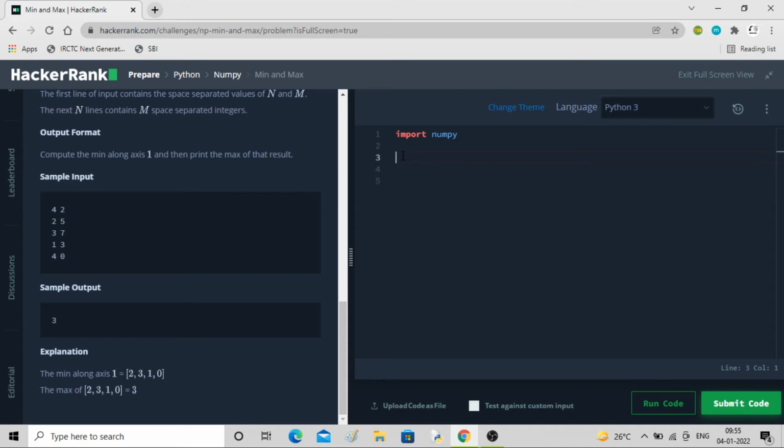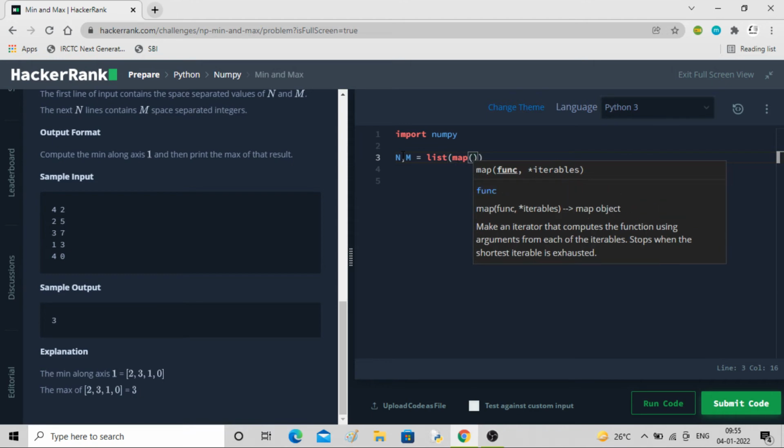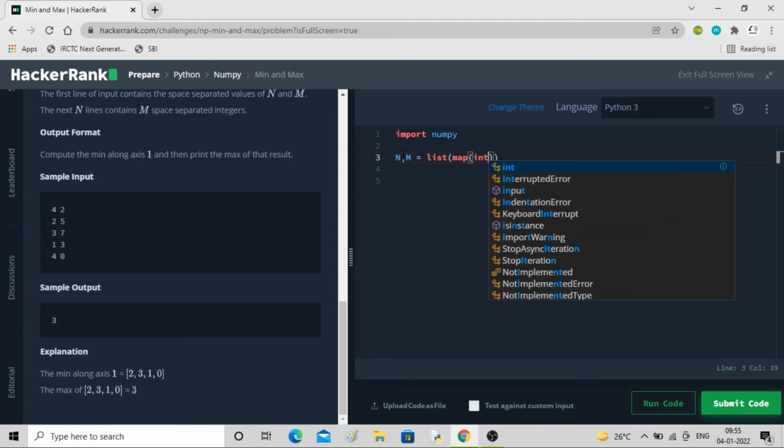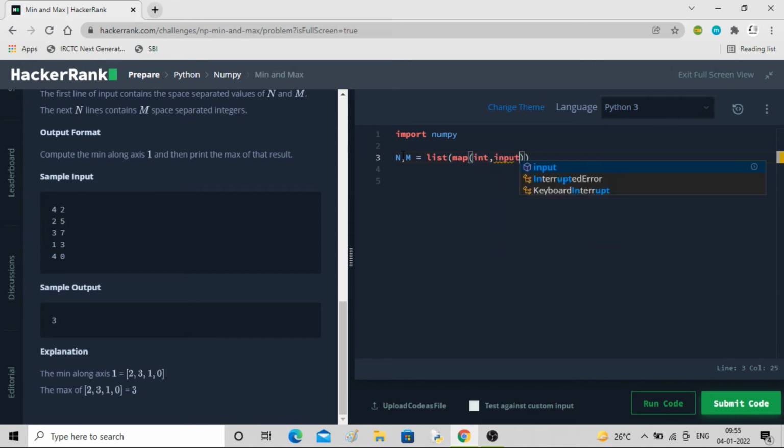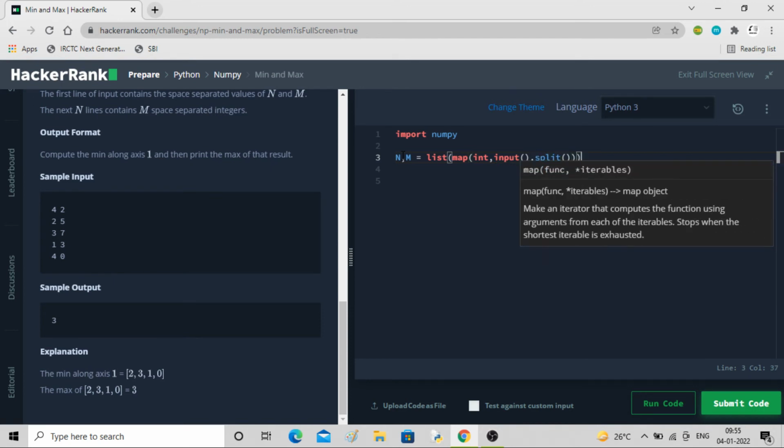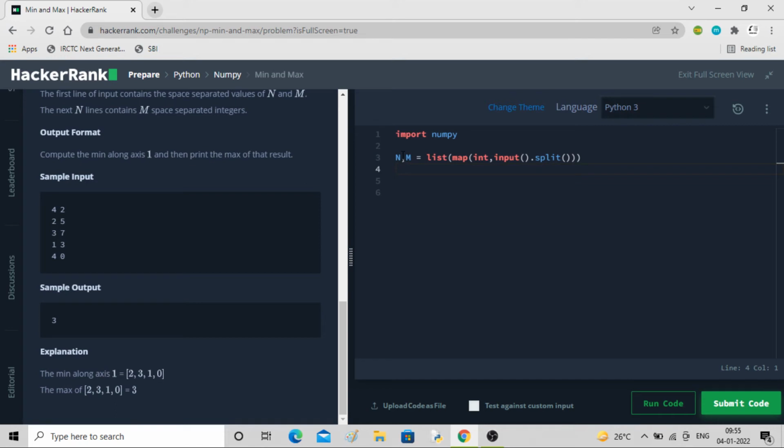So let's take the value of n, m equal to list map int, input split. Now array I'll define.